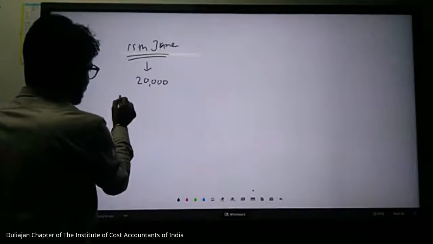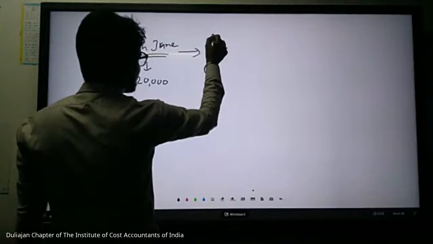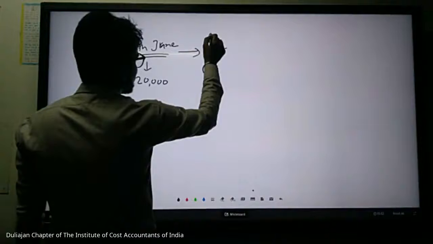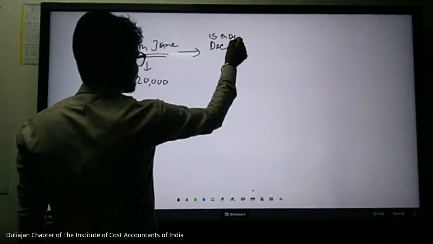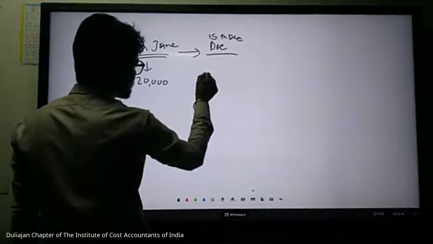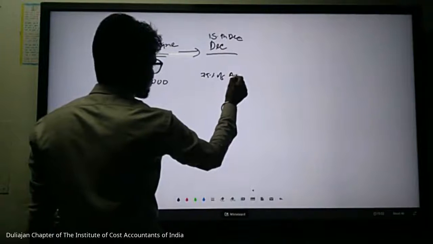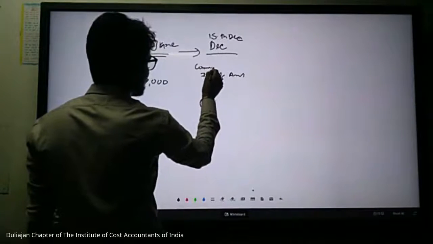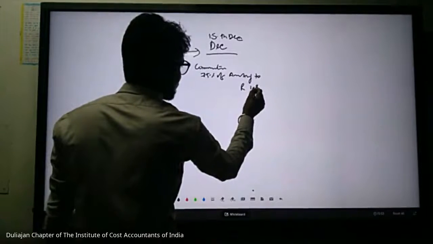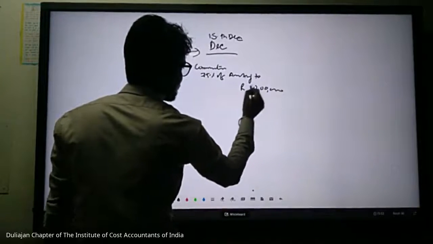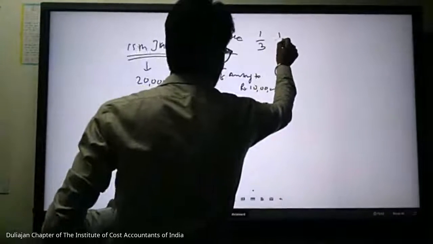Then in the month of say 15 December को ही इनकैश 75% ऑफ द फंड, मतलब कम्यूटेड कर दिया, अमाउंटिंग टू रुपीज 10 लाख।